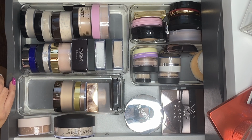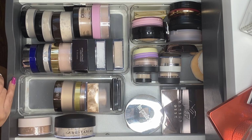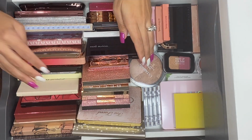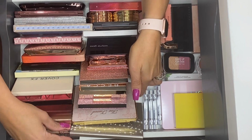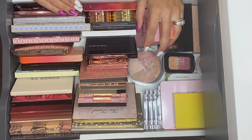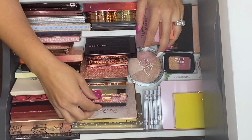Yeah, let's go ahead and pull in, do I want a face palette? Yeah, let's pull in a face palette, and then we'll go from there. Okay, for face palettes, let's see. What should we use from here? I think I'm gonna go ahead and pull in from this drawer. Let's do